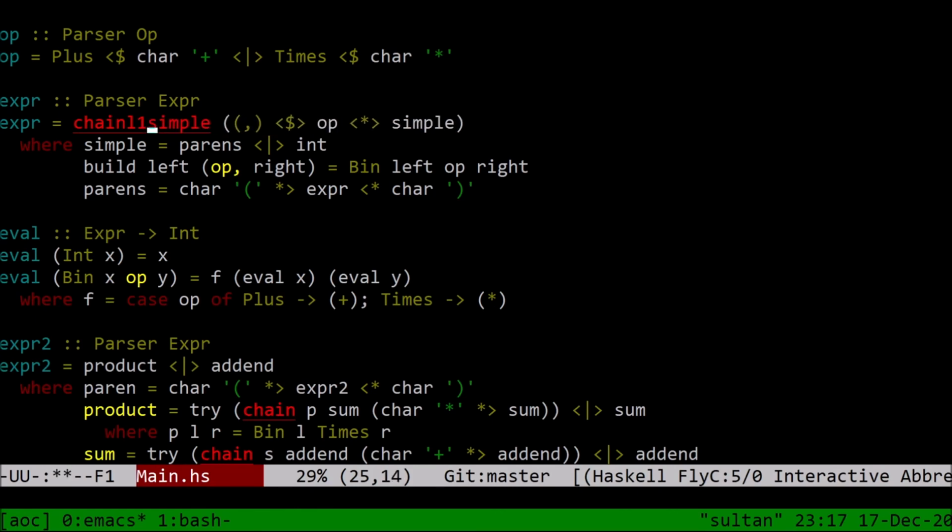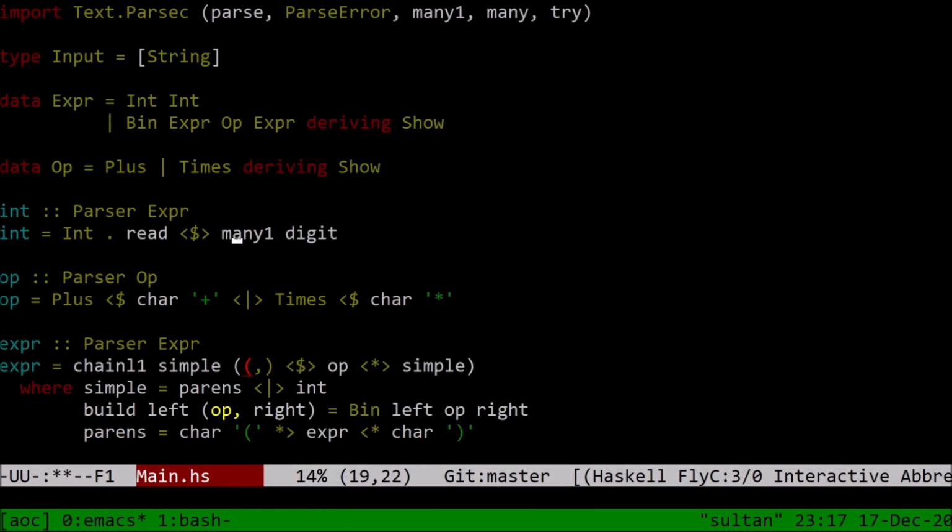So chainl1 is simple, and then it needs an op. So I think all we want to do now is change what op is. Op is a parser for Expr. And op is